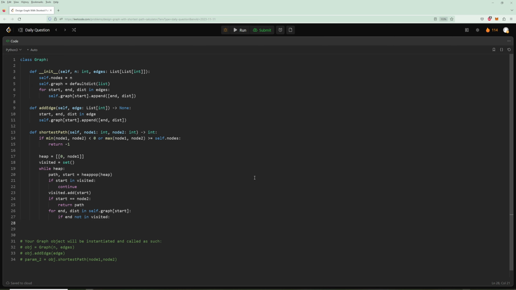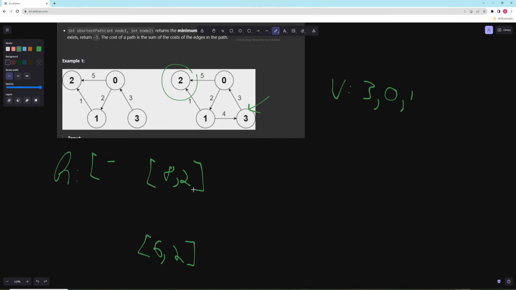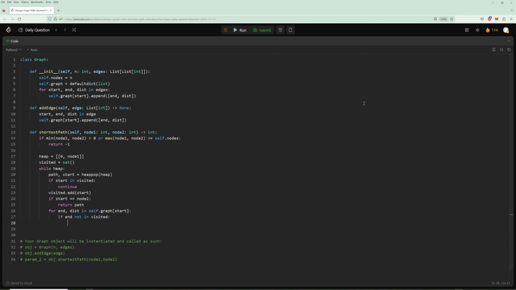Like if this graph had edges that were only length 1, then you can just say once it's in your queue, you never need to add it in, because if it's in the queue, that's going to be the best path. But because this graph is weighted, just because it's in there doesn't mean it's the best path. So that's a slight optimization you can make for a queue. If you're just doing some kind of matrix traversal, you can add to visited right when you add to the queue, instead of here where you can only add to visited right when you actually visit, right when you actually pop. Okay, so if end not in visited, we will heappush to the heap,